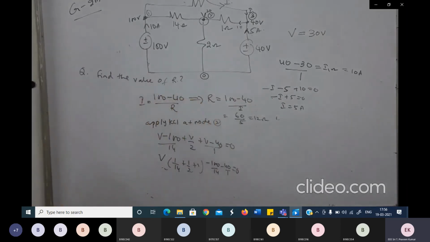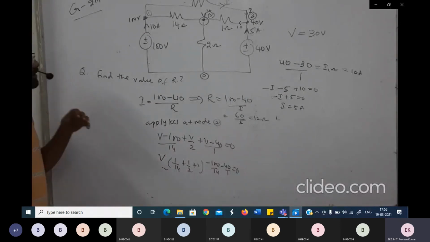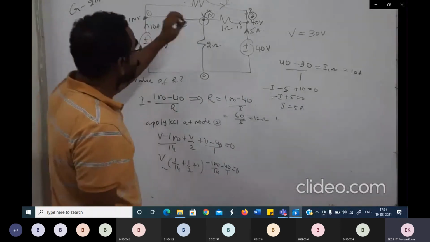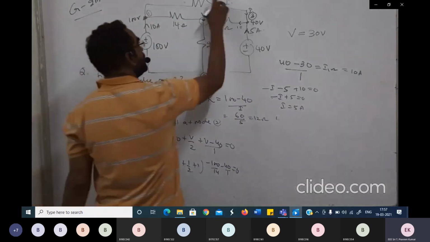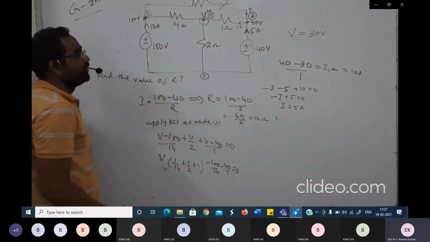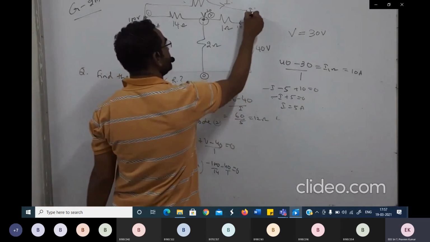Now this is the question which is to be calculated. This is a 2-mark question, but very simple. The first thing is, what is the parameter which is unknown to you? You don't know the I value, you also don't know the R value. Because this current is given as 5 ampere, if we know this current, then I will get my I.